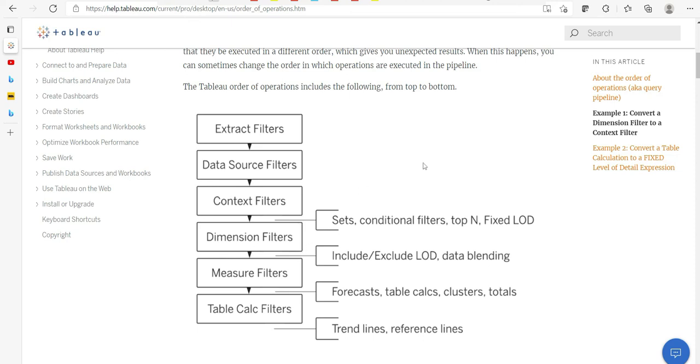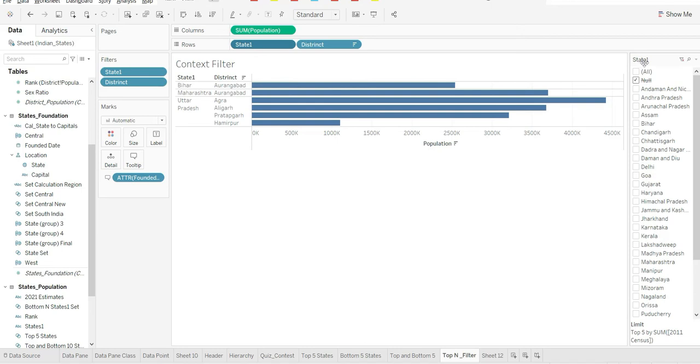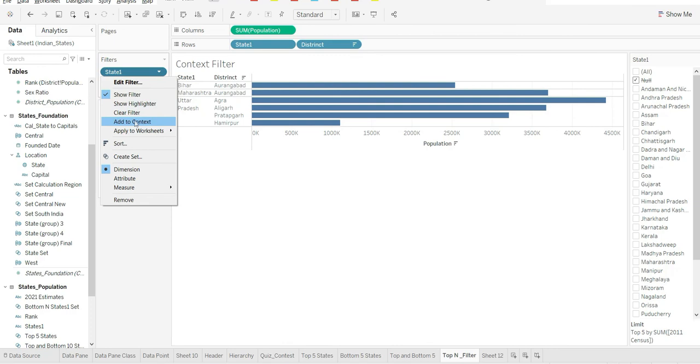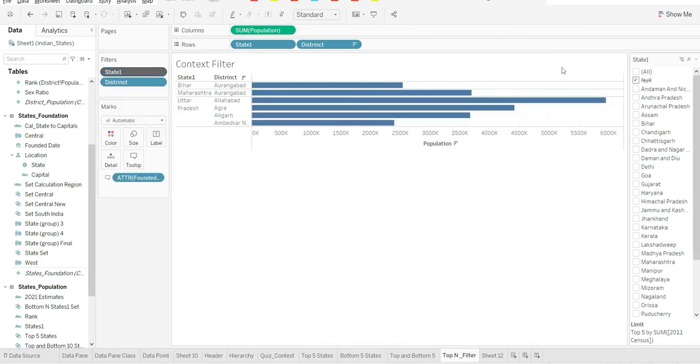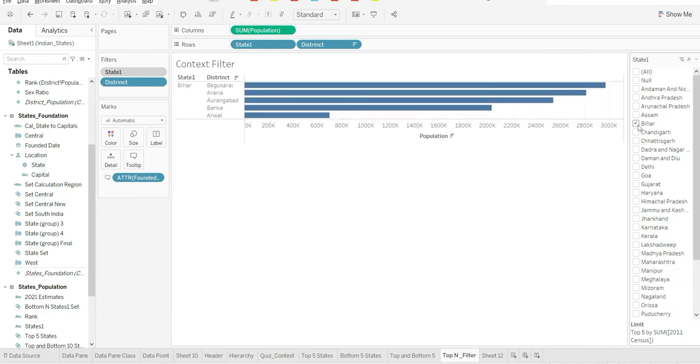First, you want to filter a particular state, then you want to have the top five districts from that very particular state. So how can I raise the priority of this dimension filter? When I say this dimension filter, I'm talking about this. This is the dimension filter, and what I did with top n is called the top n filter. So top n is overriding the priority. So I need to do something with respect to this state so that the priority of this dimension filter will be enhanced and it will come above the top n filter. So in order to do that, I can just add this state to context, and that is the beauty of the context filter. So now if I select any particular state, Bihar, I get 5.